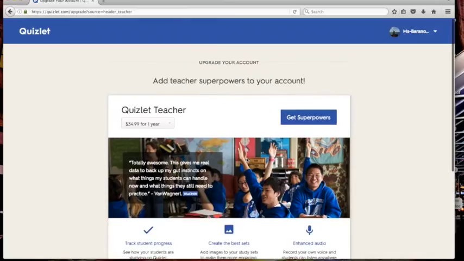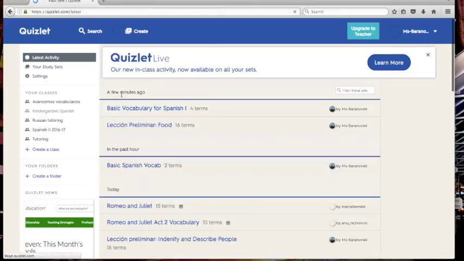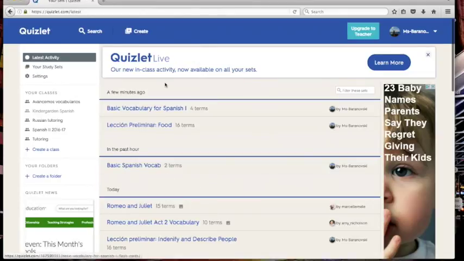Also, you can customize the flashcards and other activities a lot better. You can put in pictures on your flashcards. Like, I don't have any pictures in mine. I don't have that privilege. However, another great thing about it is that if I wanted flashcards that have pictures or anything like that, and I don't have them, or I came to class and I forgot to create a set, what I can do is I can simply look up vocabulary